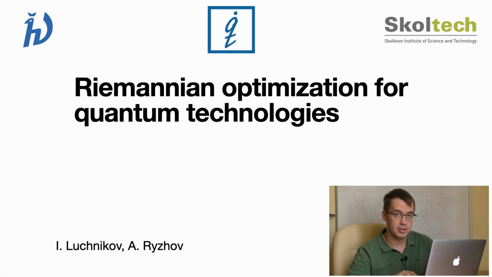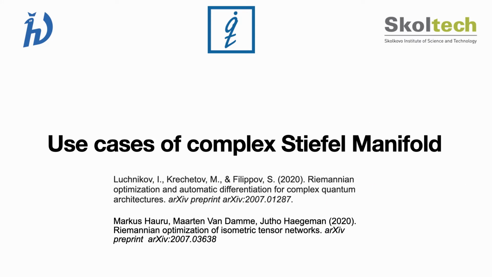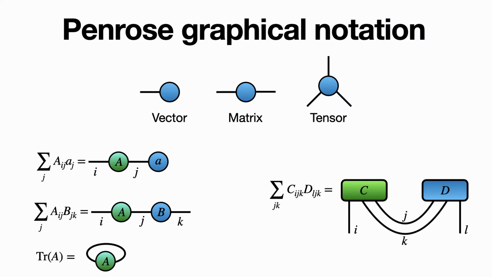Hi and welcome back. In this video I'm going to tell you about use cases of the Riemannian optimization in quantum technologies. At the beginning I will discuss use cases of Stiefel manifold, complex Stiefel manifold. But before diving into details of applications, it is useful to introduce special notations for tensors that are called Penrose